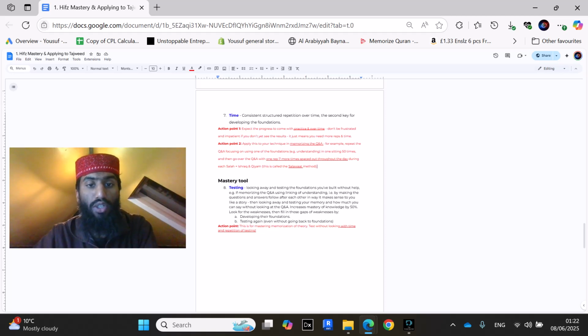Mastery tool: testing, looking away and testing the foundation you built without any help. Without any help. That is a key thing. Then you identify weaknesses in it and you test yourself again. So if you're memorizing the Q&A using linking and understanding, make the questions and answers follow each other in a way that makes sense to you, like a story. Then look away and test memory, how much you can say without looking at it, and it increases your mastery of knowledge by 50%. Look for the weaknesses, fill those gaps in by developing the foundations